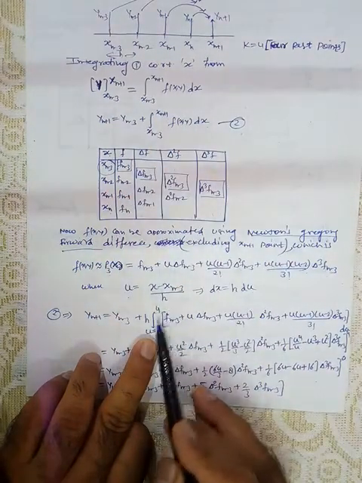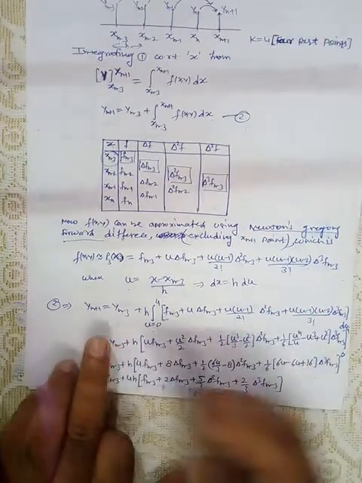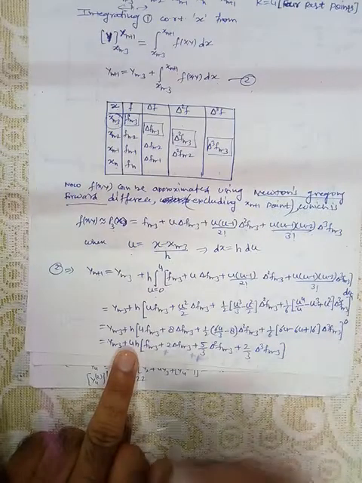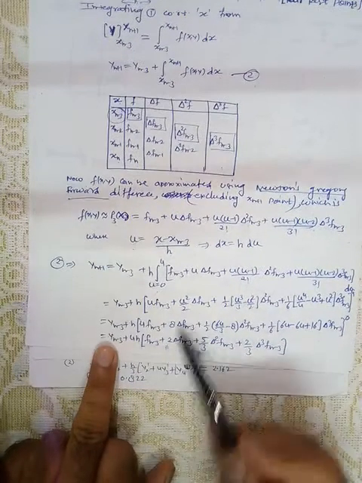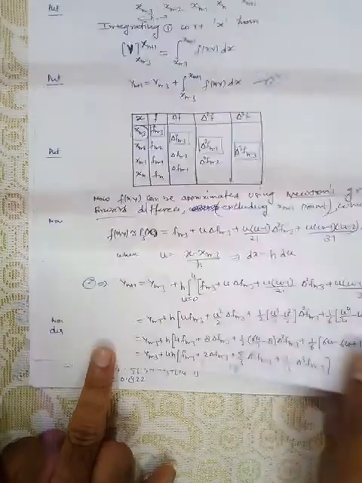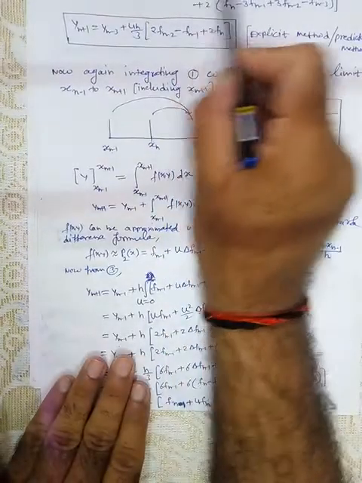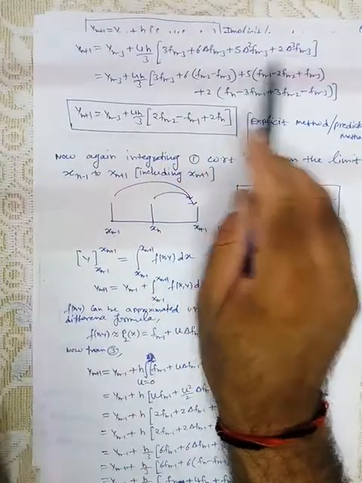So 4h divided by h, this will give you 4. So this is the procedure. Now just integrate with respect to u and then substitute the values after simplification. So this is the calculation, you can see it and validate yourself. And then finally after simplification, substituting all the values of these differences, so